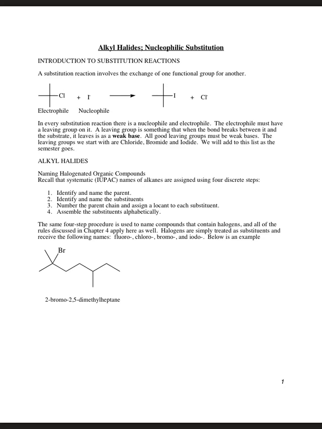Hello everyone, here's a video on alkyl halides, nucleophilic substitutions, and the latter half of it will be on elimination reactions. So in an introduction to substitution reactions, we will have an electrophile and a nucleophile